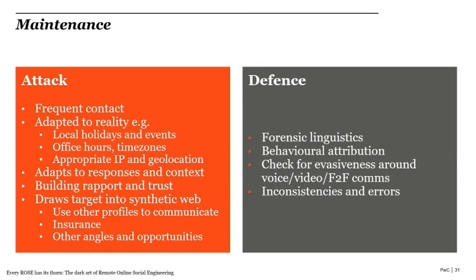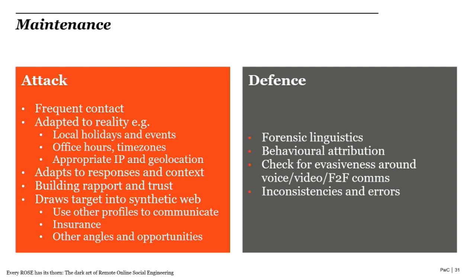The attacker is then going to establish and maintain contact over a period of time, and the length of time depends really on what the campaign is and what their objective is. Throughout all of this, their various multiple personae are going to adapt to whatever reality it is they're working under. So if they're purporting to be from a particular location, then their communications are going to kind of cohere to that. So they're going to cohere to time zones, to office hours in that location potentially. That's going to be supported by technical measures, so IP addresses which are appropriate for that location.